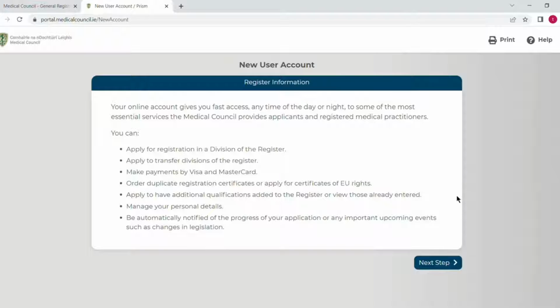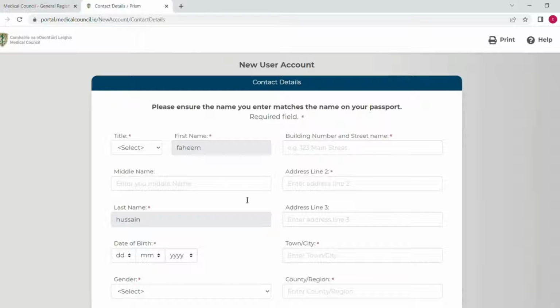So after clicking on create, you will see some information here which you can read, and then after that you will select next step. Here first of all you will select your title, and then you can check your first name and then your last name, and after that you will select your date of birth, and the next portion is about your gender. You will select that,